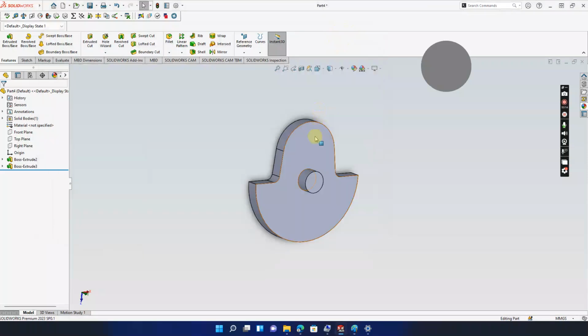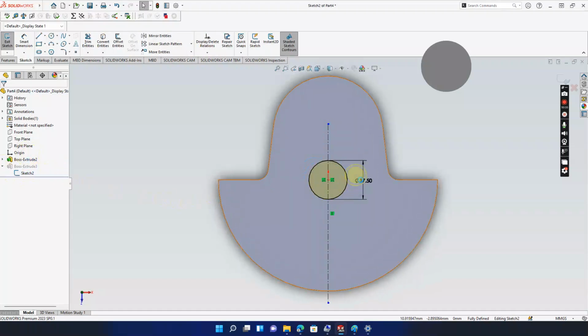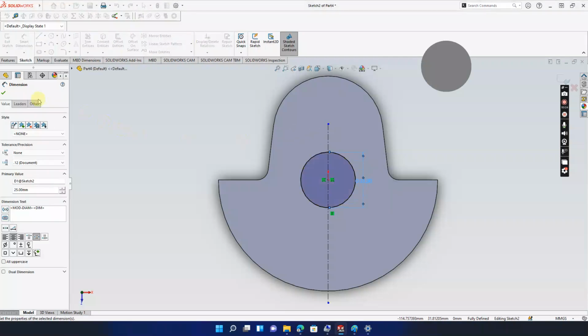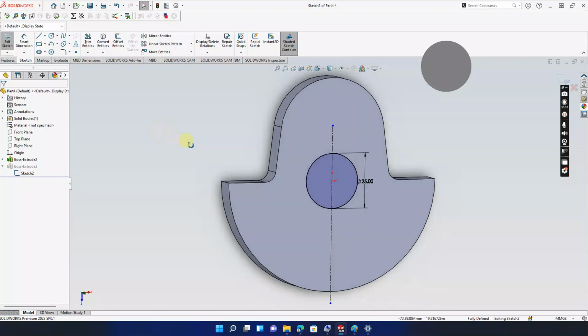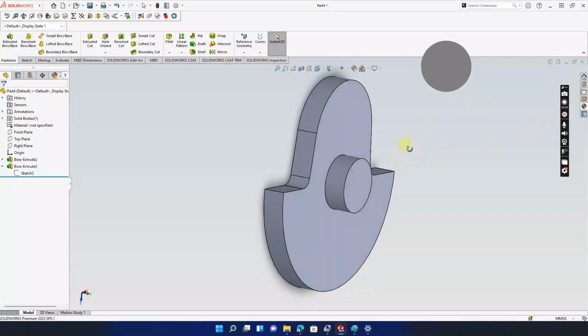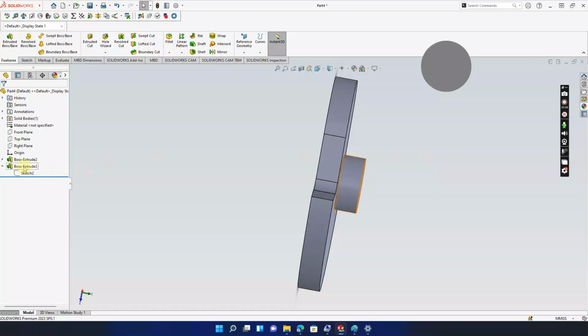Okay, this should be 25, sorry. This should be 25. Edit sketch. This should be 25. And, okay, we have 25. Okay. So, now,